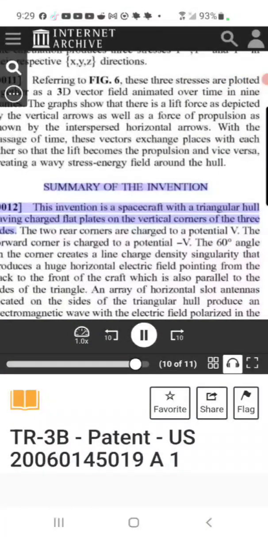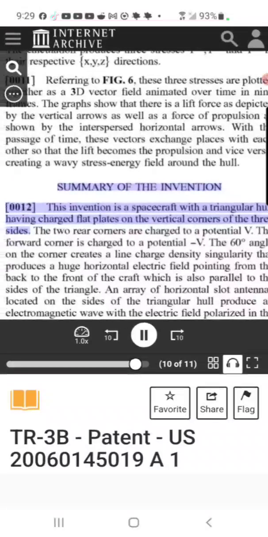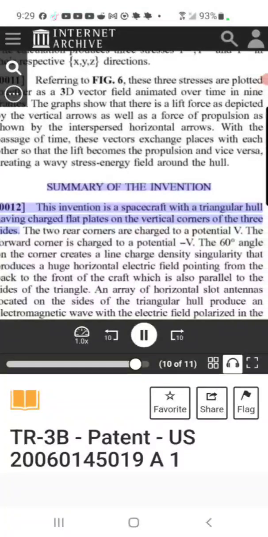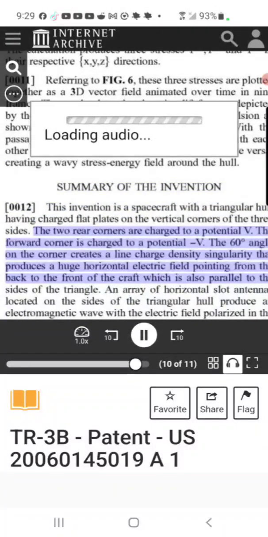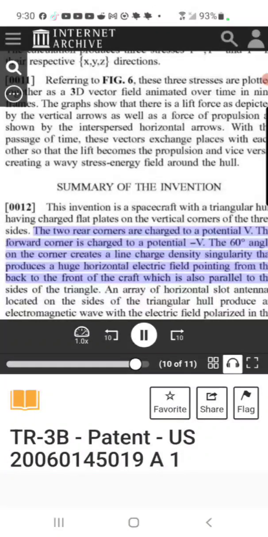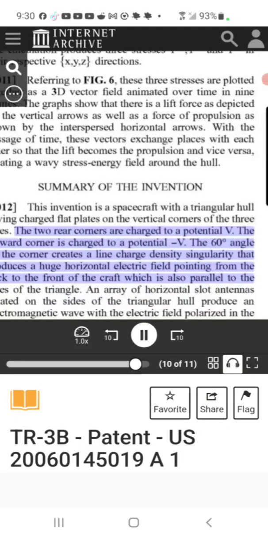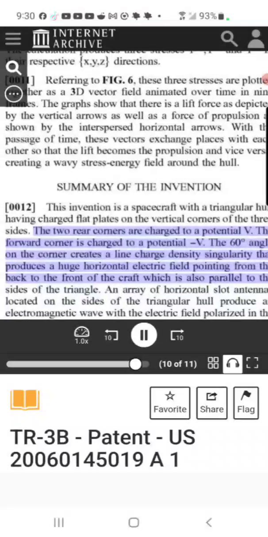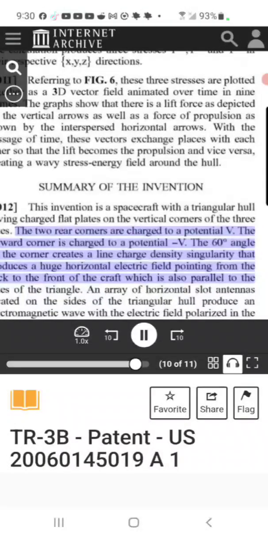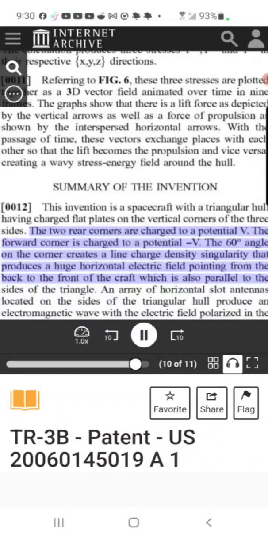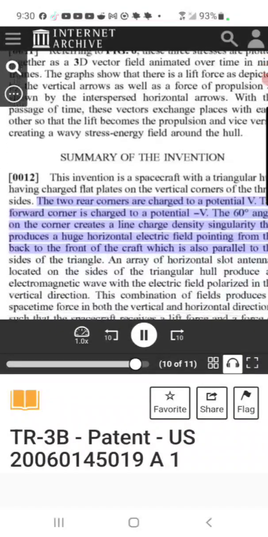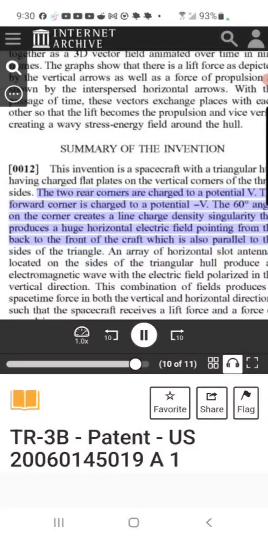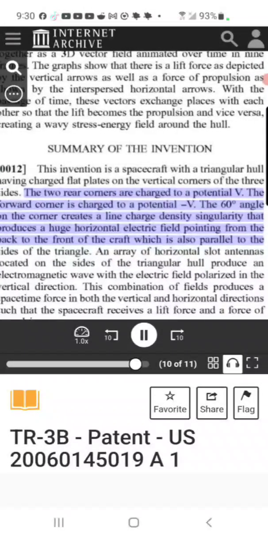Summary of the invention [0012]. This invention is a spacecraft with a triangular hull having charged flat plates on the vertical corners of the three sides. The two rear corners are charged to a potential V. The forward corner is charged to a potential negative V. The 60 degree angle on the corner creates a line charge density singularity that produces a huge horizontal electric field, pointing from the back to the front of the craft, which is also parallel to the